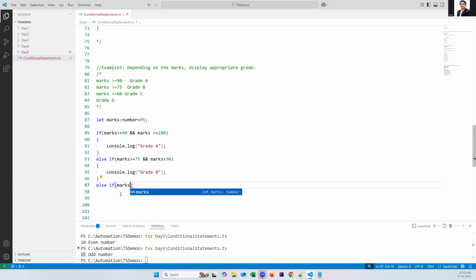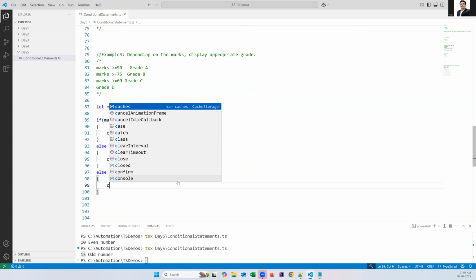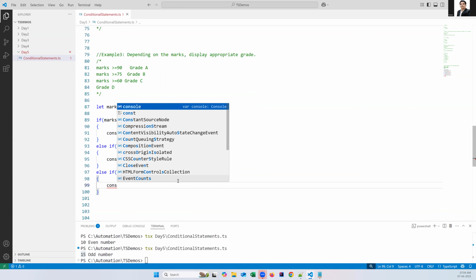Marks greater than or equal to 60 and marks less than 75. We already covered 75, so you can put 75 here also, because we use less than. When marks equal 75, the second condition will match. If marks are less than 75, this third condition will match. If this condition is true, let's say console.log